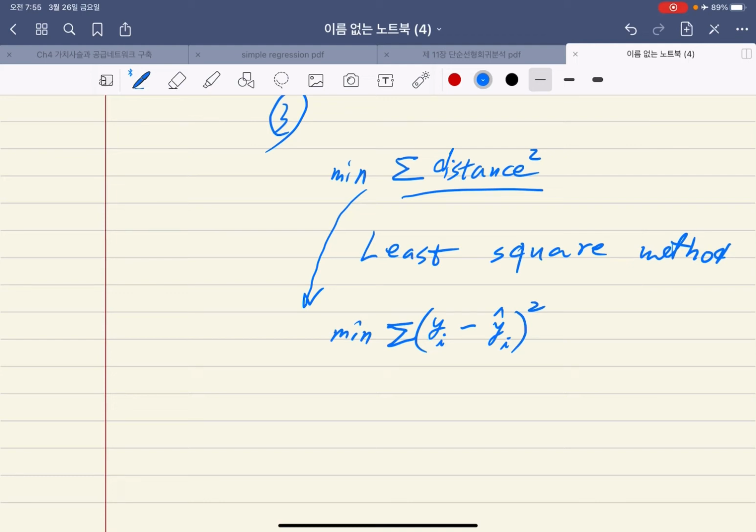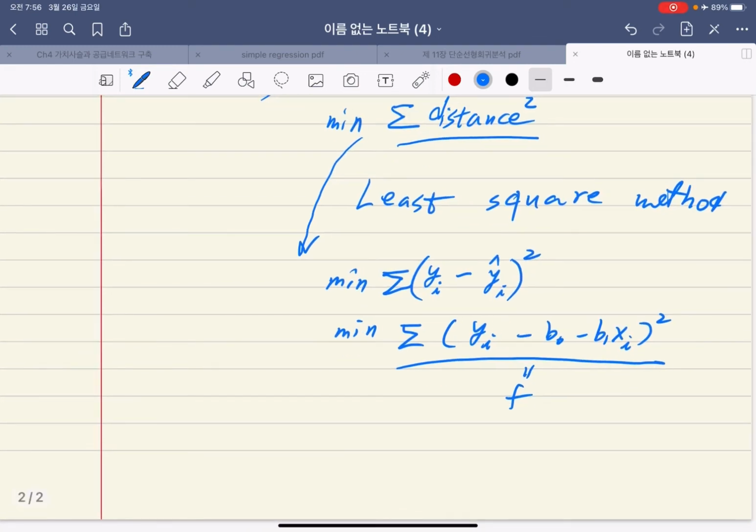And since y hat is equal to b0 plus b1x, you can change this to the sum of yi minus b0 minus b1xi, squared. Now, in order to find b0 and b1 which minimize this, suppose this is some kind of function. So what you want to do is